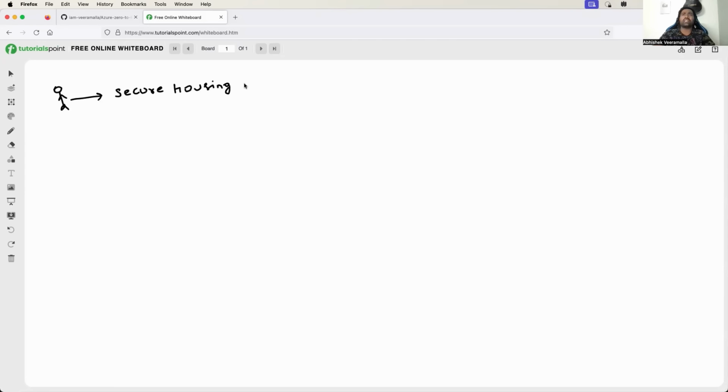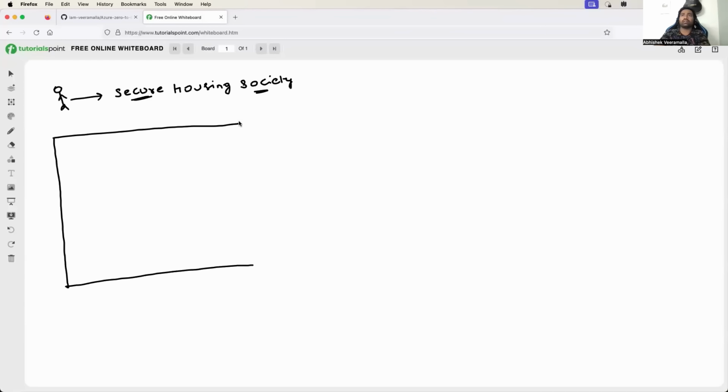A secure housing society is nothing but group of houses that are built as a society and there is a proper security for that society. So the first thing this person would do is look for a land, right? And once the real estate person is able to procure the land,